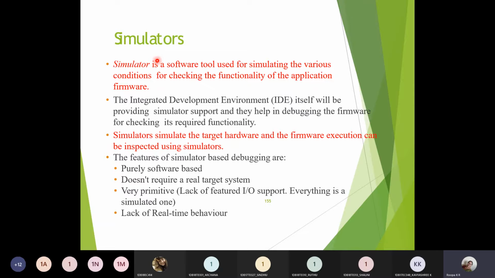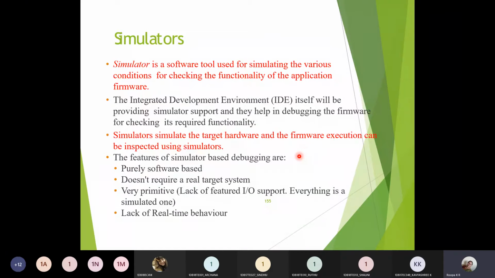So how can you get a simulator for a particular program which we have written? The simulator will be part of the IDE tool itself. We have seen the IDE tool in the last class. The Keil software which you used for your microcontroller lab is an IDE tool in which you have a text editor to write your program, a compiler to compile it, a debugger to find the bugs and fix them, and a simulator within that as well to simulate the output according to the given inputs. The simulator simulates the target hardware so that the firmware execution can be done in a proper way.